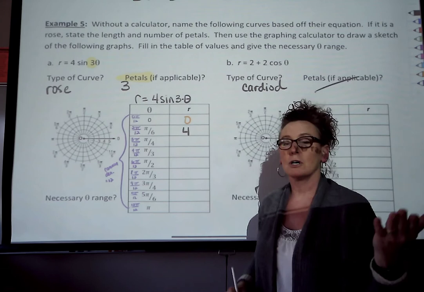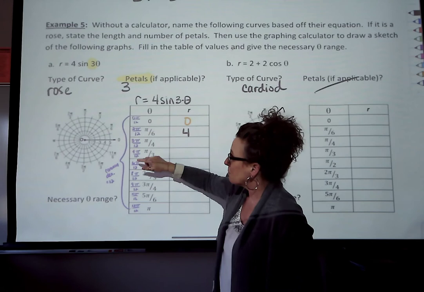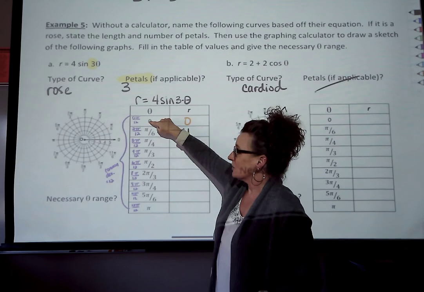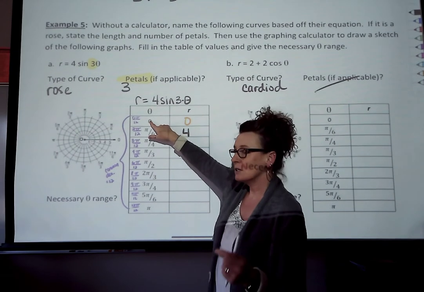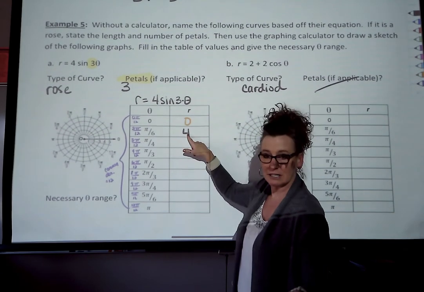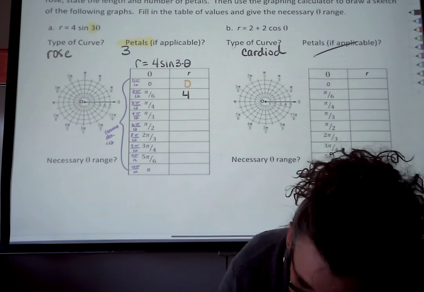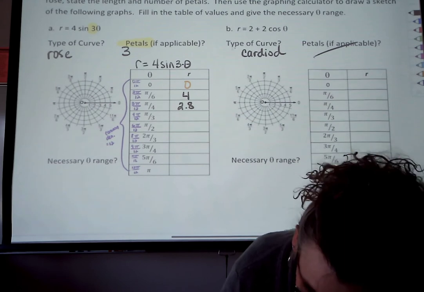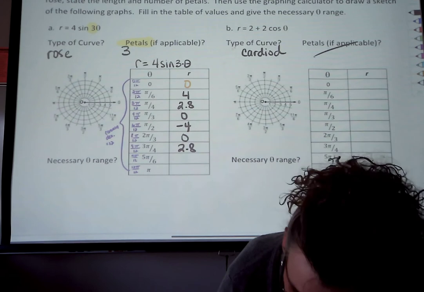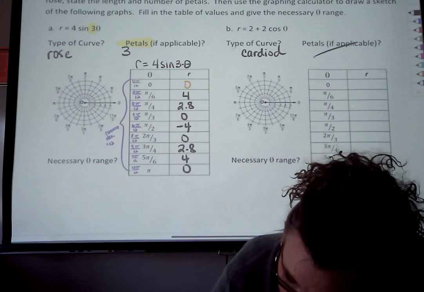To fill out your table, use your graphing calculator. So you've already got your table count set up by pi over 12 intervals. Type that in. You want your angle, you want the value of r when this is 0. Skip the first decimal and go to the next one, which is 2 pi over 12, and write it down, and so on and so forth. So do that on your graphing calculator and make sure that yours matches mine. And then on your next equation, you should have here